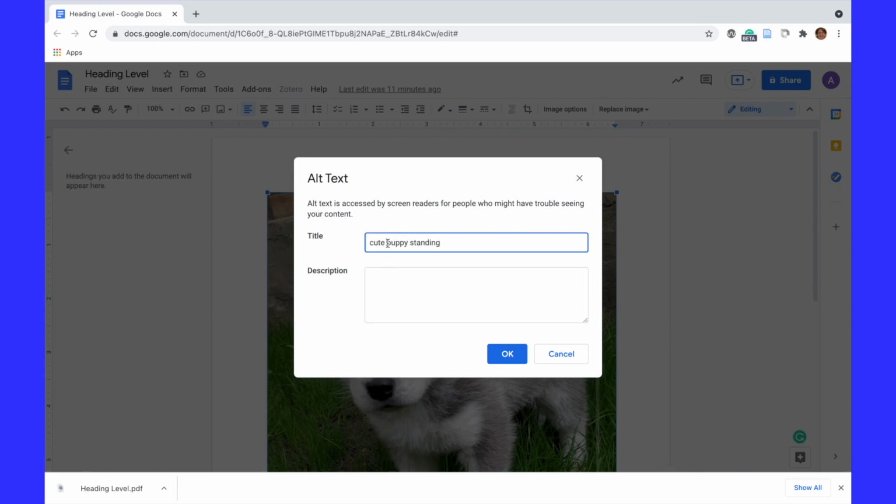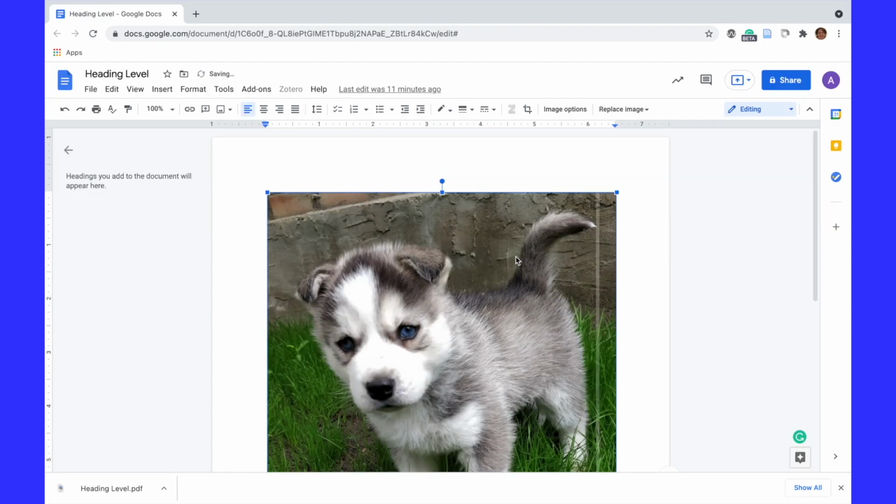Actually, I want to put husky because that is important. Standing on grass. If I had more of a short title and a longer description, that's kind of how this is set up there. But for most of the time, you can just type in the title or description and it will kind of populate for the screen reader, and we'll see that in a second. So I'm going to click OK.